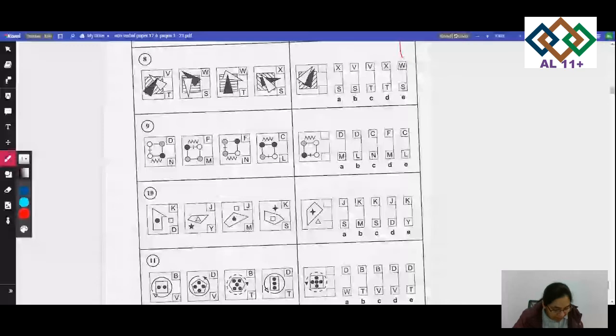This one is something really confusing. Everybody gets really confused in this one. In this one, again, we have to see what it is. If you look at the top one, what's happening in the top one?